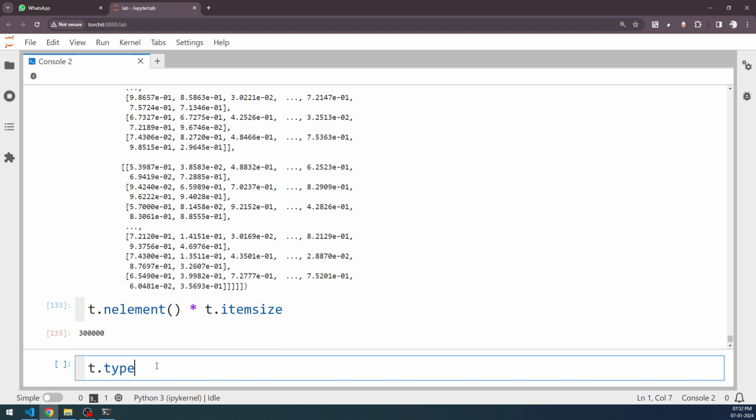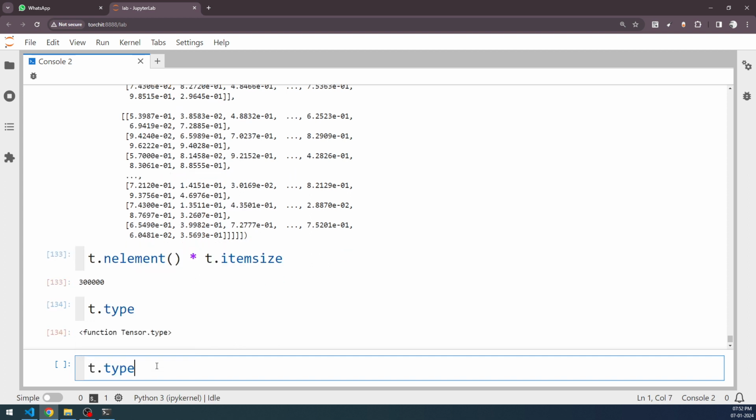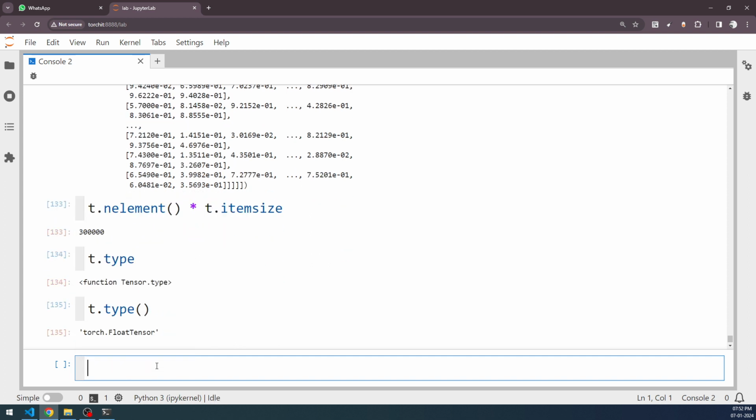And if you look at the type, okay. So this is actually a float tensor, and you can modify the float tensor. You can increase the number of decimal places it can have, and all those things you can do. So like this, you can get the size that each element you create uses on your RAM. The reason why I'm sharing these things is that you should be able to visualize what these numbers are